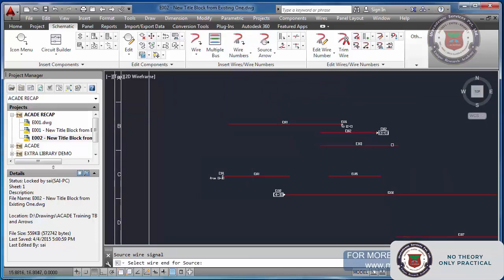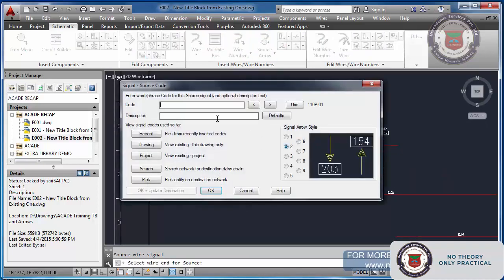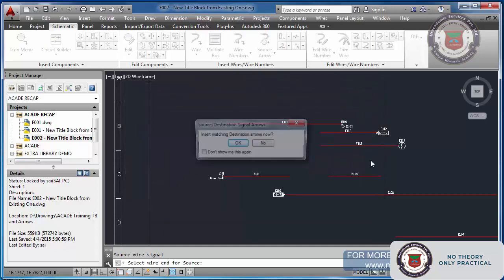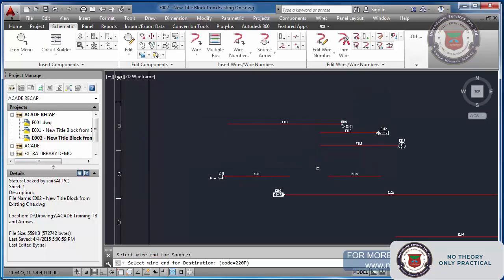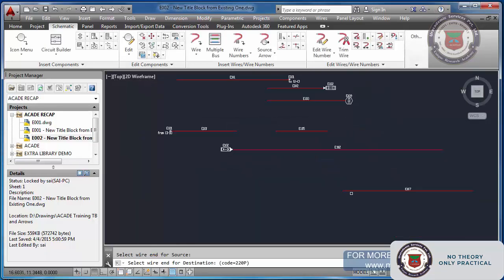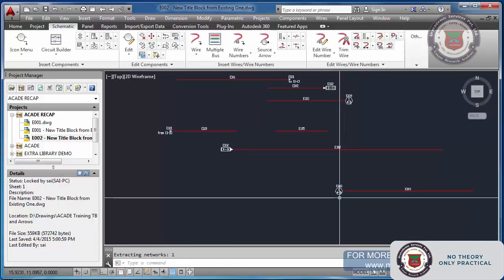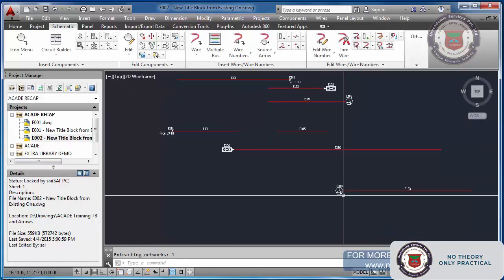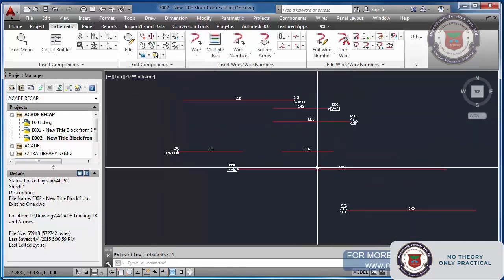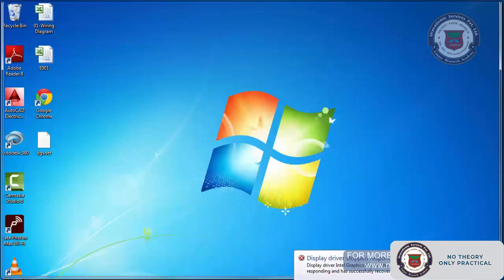Again going back to the source, I am selecting this. This time I am putting 220p, but selecting the third one. Okay, I'm selecting this one. See, this is another style. I will draw one more wire here for this. There is some problem with my PC, just wait.